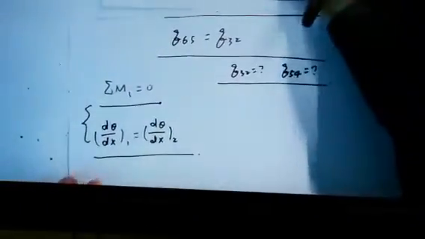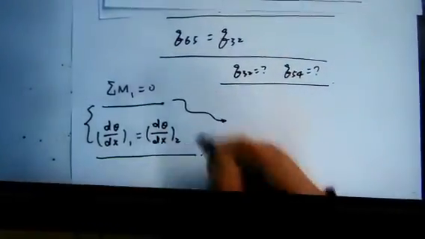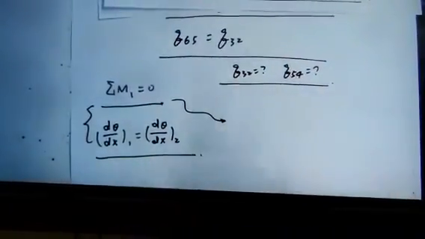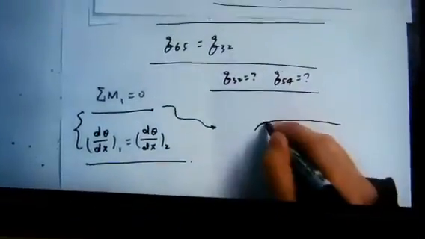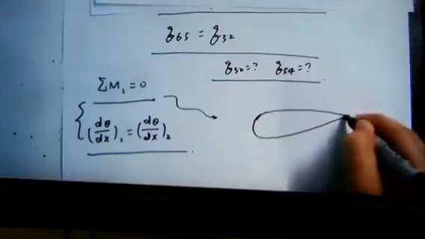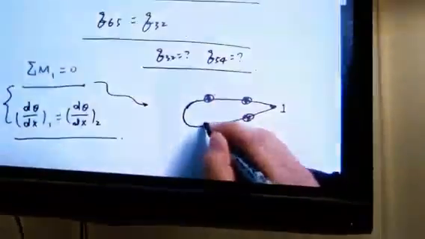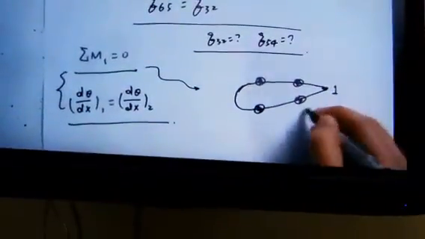Okay, and then we derive this from the first equation. What we can get? This is the first point. Second point here, here, here, here. 1, 2,